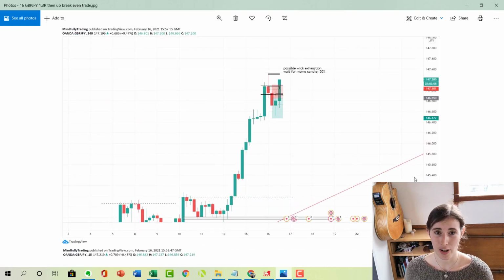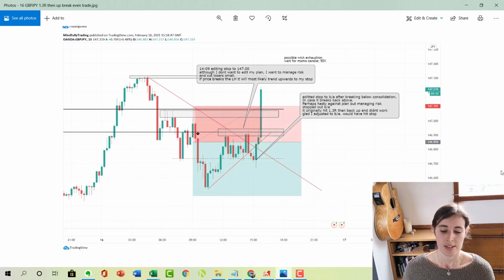I also took another trade on Tuesday on pound yen, and this was also a short trade. A similar setup, we were in an uptrend on the 4-hourly chart and we started to pull back a little bit. We had this large upper wick and I was looking for a possible exhaustion of this uptrend and looking to scalp the exhaustion on the move down. So I got into this roughly just after 9 o'clock in the morning on the 50-minute time frame, and again